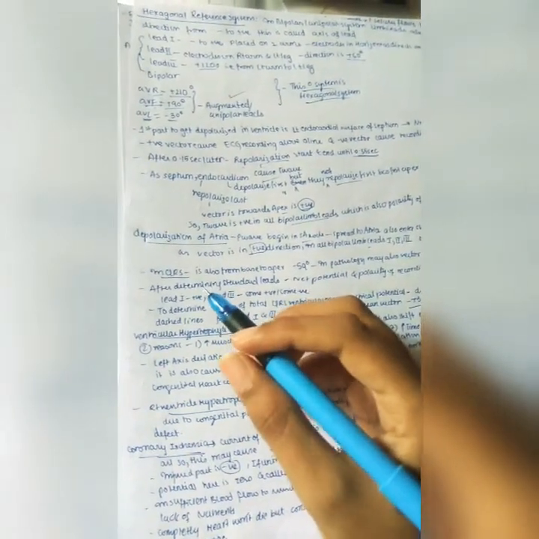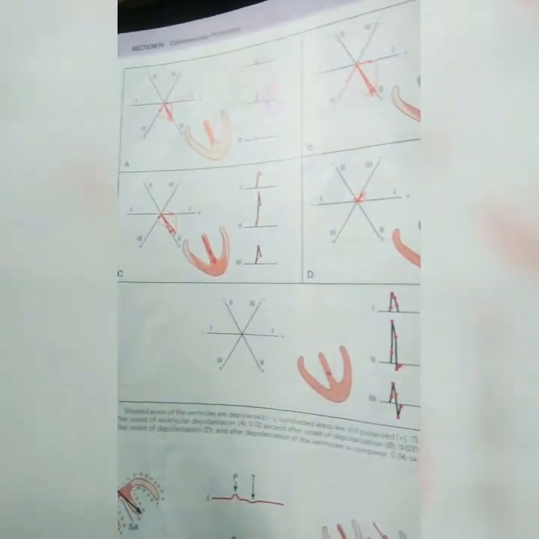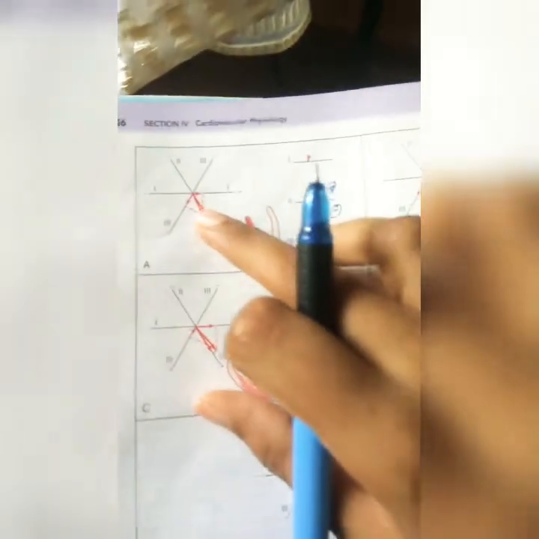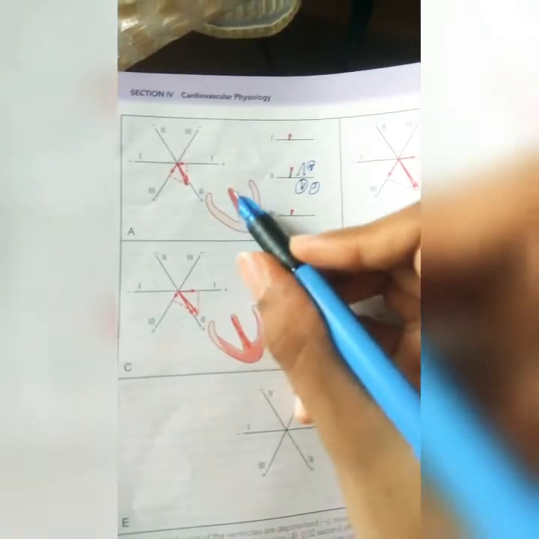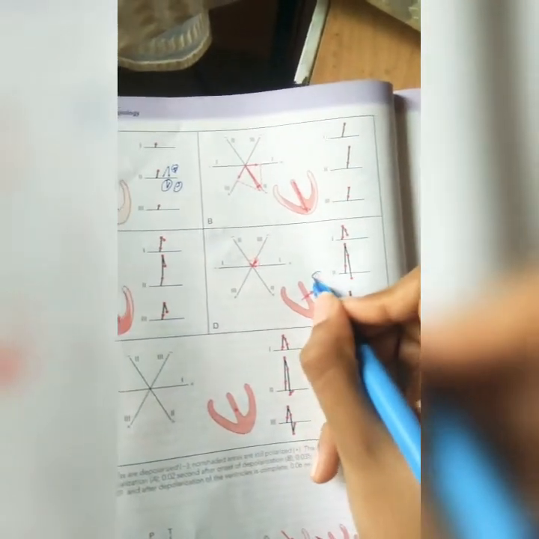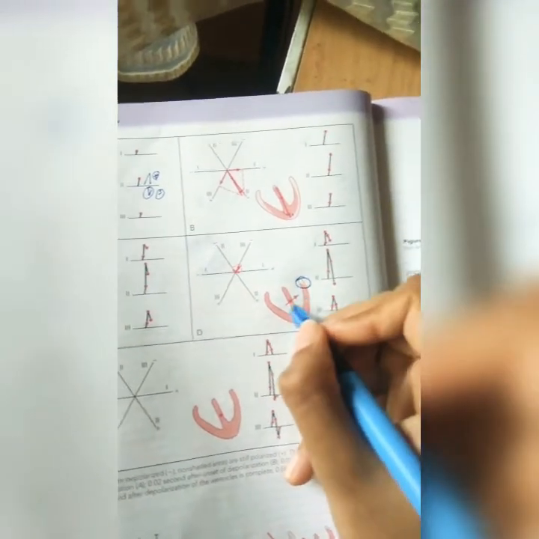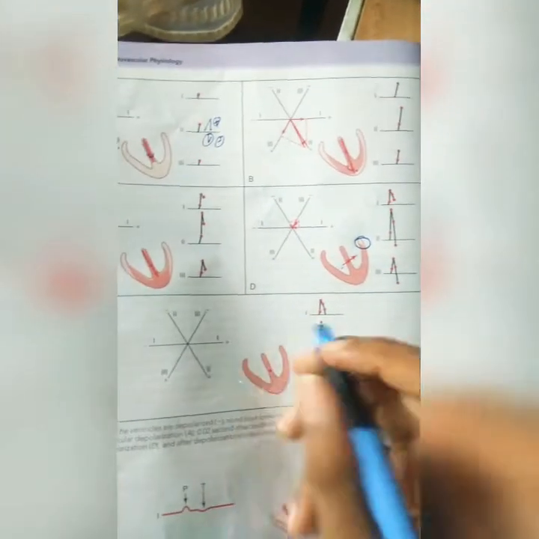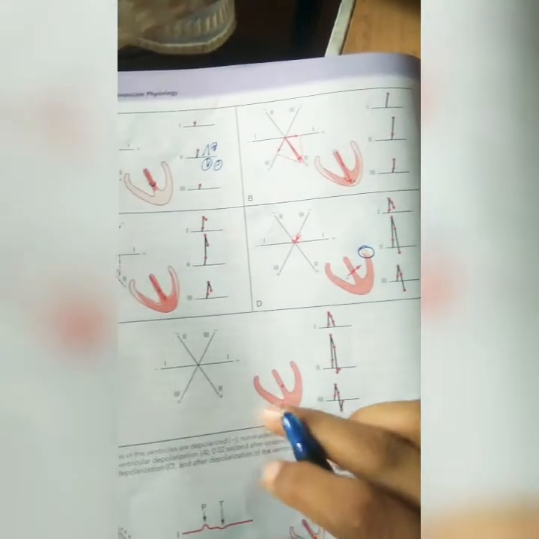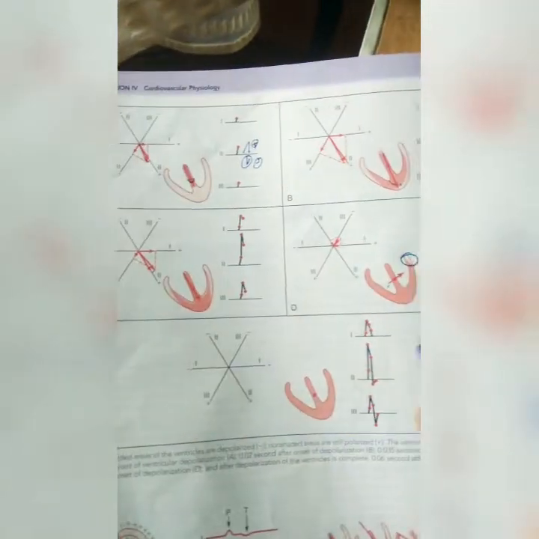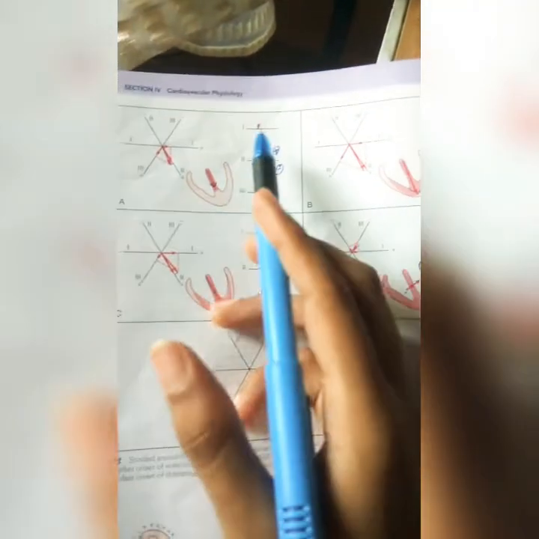And next, coming to the QRS complex. Here in this diagram we can see the ventricular depolarization. You can see this arrow is mostly towards lead 2 and also positive. You can see the depolarization wave is first here, and next it has some more power, and now it is mostly moving towards the left side. After completing depolarization over here, it also needs to depolarize the remaining part, the last part here. Now the current has moved here, and finally the whole ventricular muscle is depolarized, so there is no wave shown here. So you can see how the waves are formed.